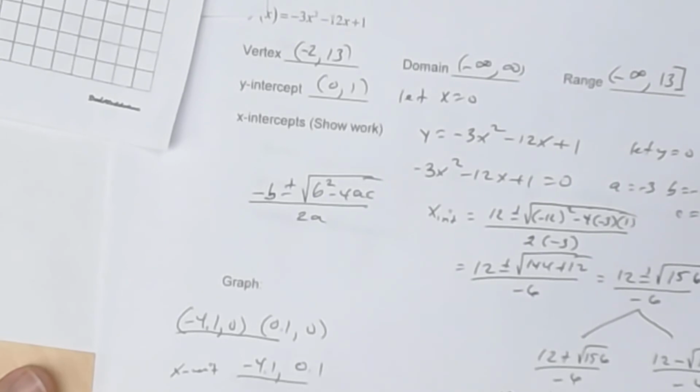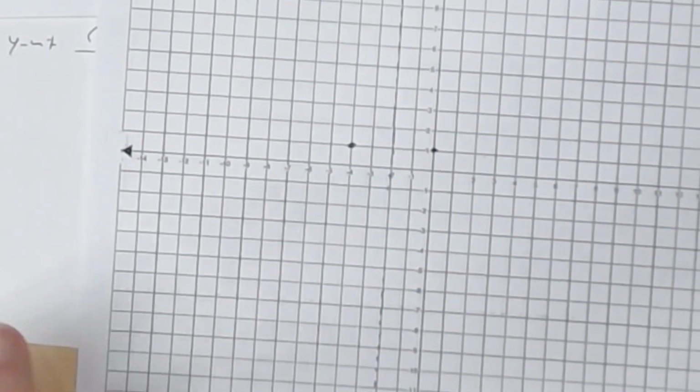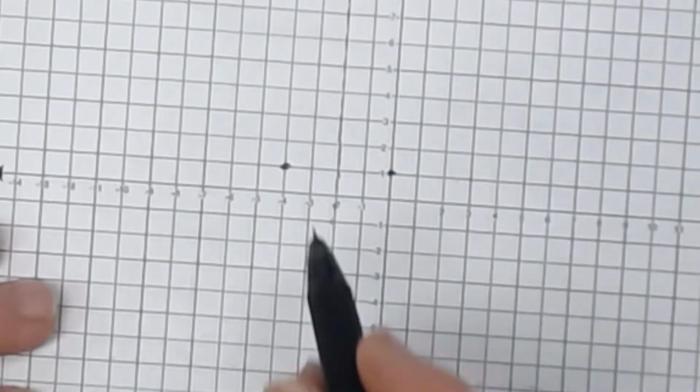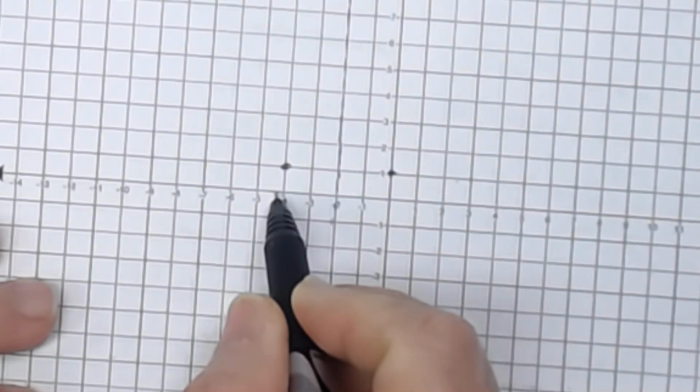Okay? All right, now let's see if this makes sense. I'm going to zoom in just to give you a better idea. So let's see how this is going to look. I'm zooming in, and this is as far as I can go. All right, so we have negative 4.1 as one of the x-intercepts. So this is negative 4. The negative 4.1, just approximate, is about here, right? And the other one is